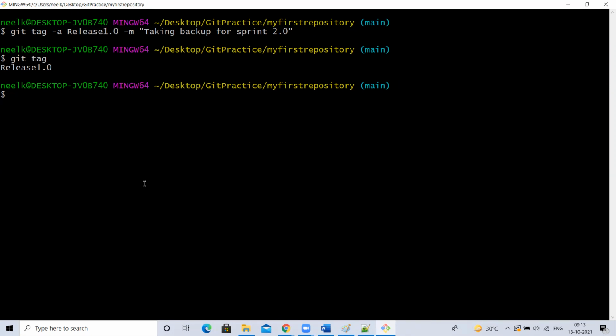But the thing is, if it is a branch, it will allow you to make commits, right? Someone can clone this repository, connect to this release 1.0 branch, and then they can make commits. Yes or no? But a tag is like a compressed version. You cannot make commits to that. But you may get one question: sir, if I cannot make commits to this, why did you ask to take a backup? Okay, we took a backup using tags. That's fine.